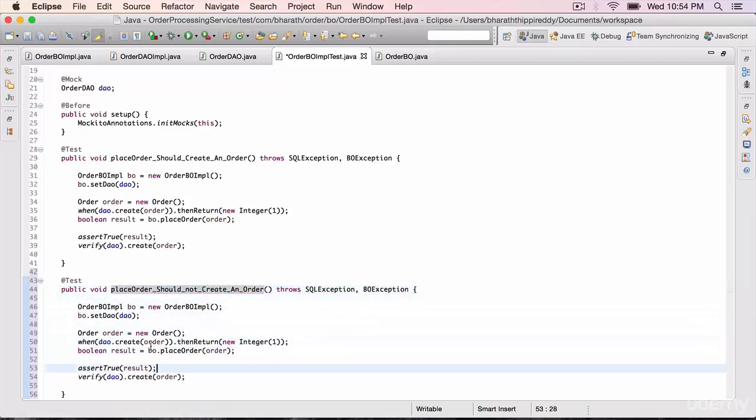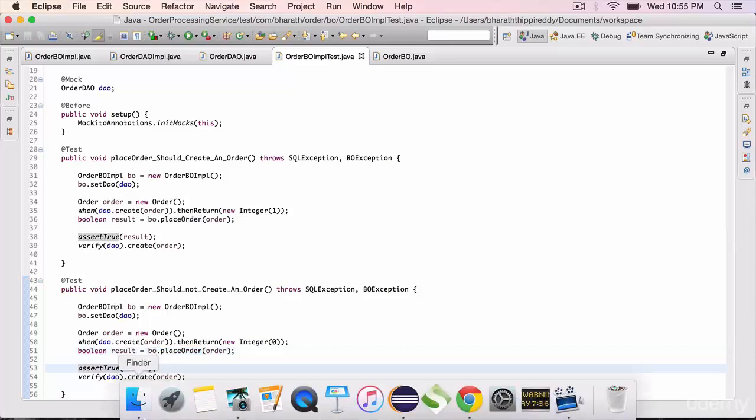Here, when we are stubbing it out, when DAO.createOrder, then return, instead of new integer 1, we will be returning a 0 value. So we have stubbed out and are returning a 0 value. Then our place order on the BO should return false instead of true.